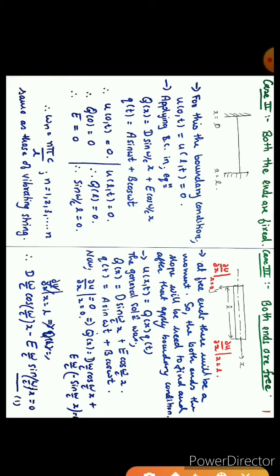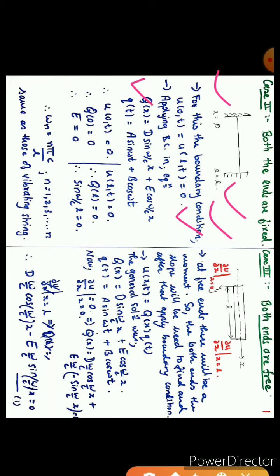Now when both the ends are fixed, from strength of materials you know that it won't have any moment as both the ends are fixed. So the boundary condition would be u of 0,t equals u of L,t. Now applying the boundary conditions once again, what you will be getting over here is